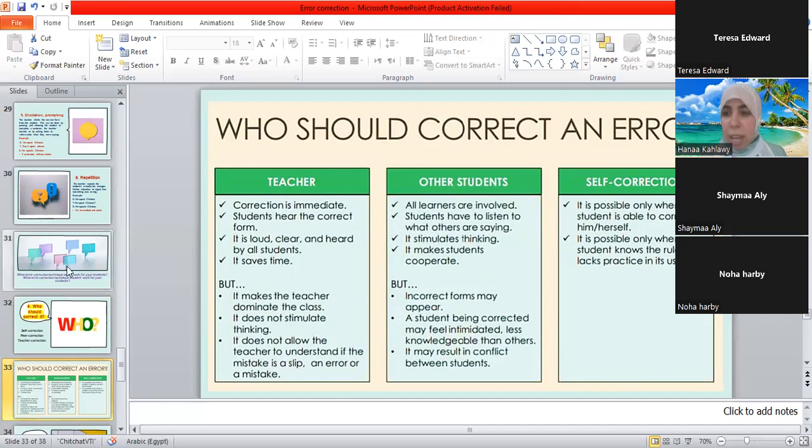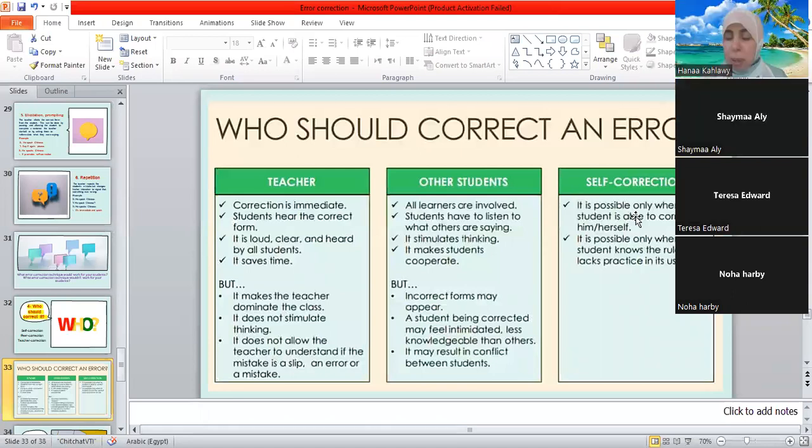Yes, Teresa, go ahead. In a scenario we have discussed, it may save a situation for the child. Yes, exactly. When we have a situation where the teacher should correct immediately, when I feel that my students are embarrassed and the classmates are laughing at him, I should immediately correct the mistake and save the situation, to end it. Yes, we have some good points about teacher correction. I can't say it doesn't work all of the time. It has advantages. It can save the situation, as you said, and save time.